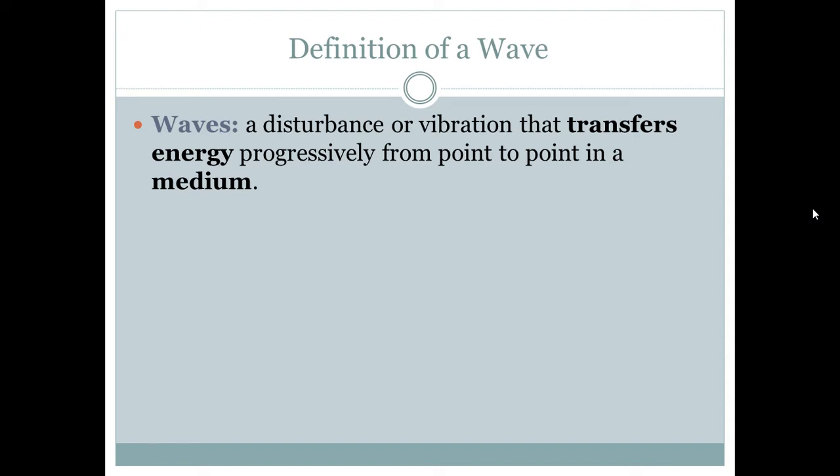It's the way that you pass the energy through the particles in the medium, and that energy transfers through the medium at some particular speed, a very particular speed, in fact, based on the composition of that medium. So the mediums can be anything. It could be a piece of wood, the earth, water, a string, a tight string, a loose string, a slinky, anything like that. Anything that you can transfer energy through is a medium.